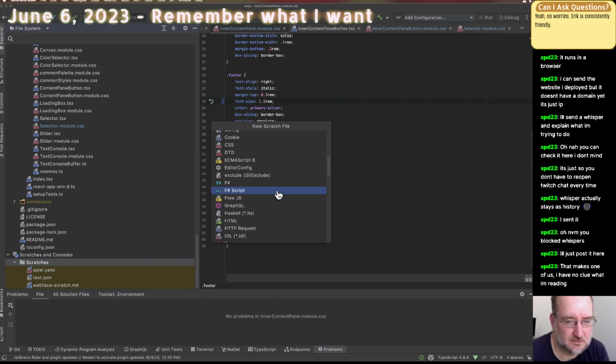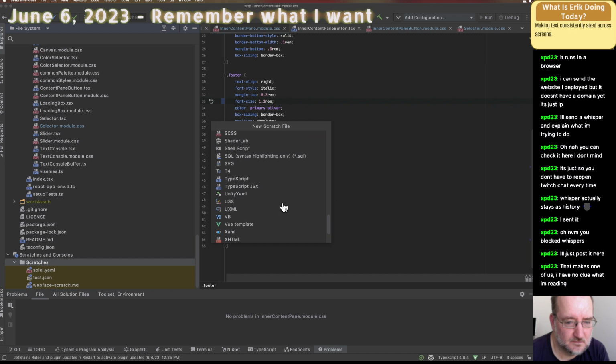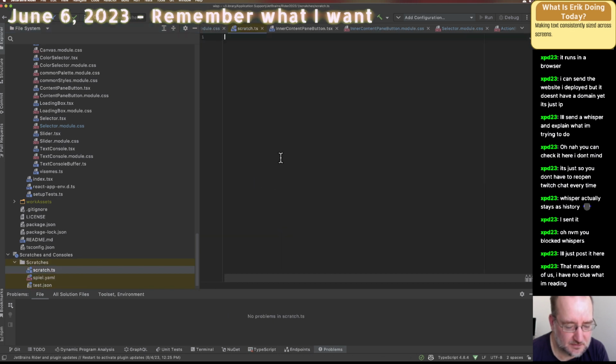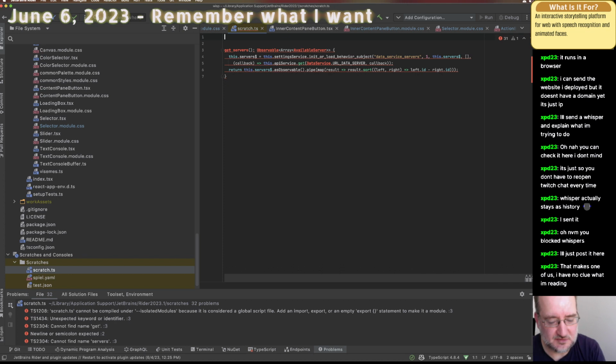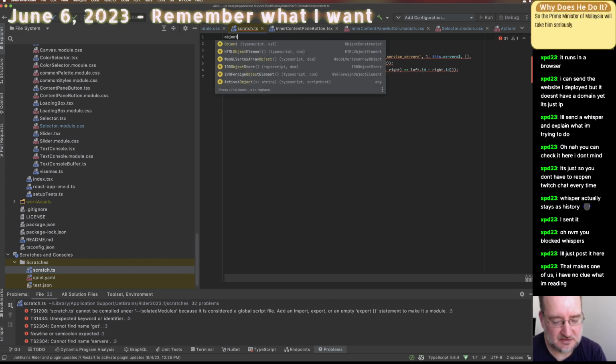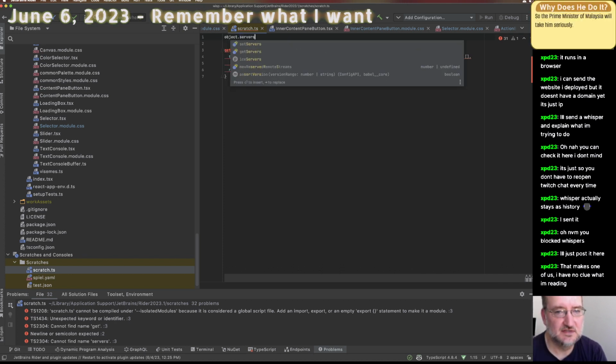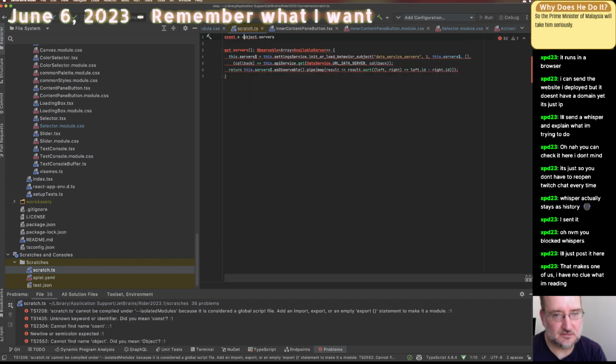Just TypeScript, I guess. Okay. Alright, so there's the function. So this get here means it's a property. So that means that on that top level object, whatever it's called, you can say servers. You can do things like const x equals object servers, like that. So when this gets called,